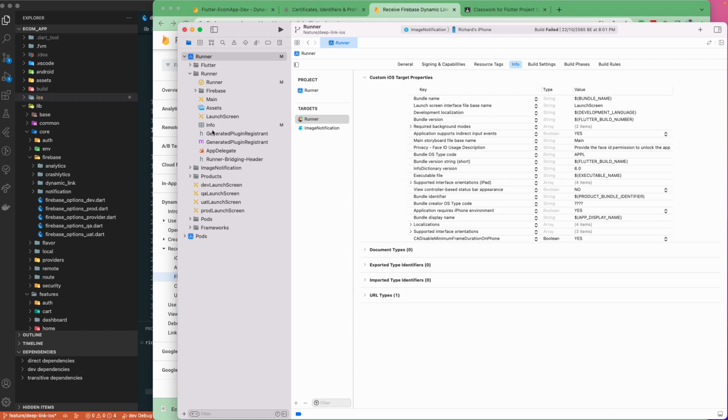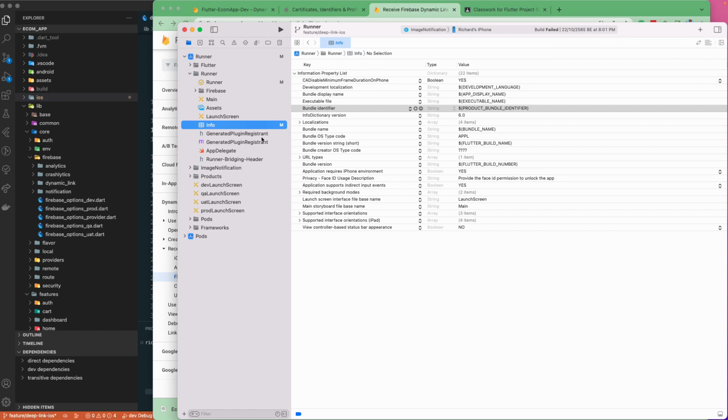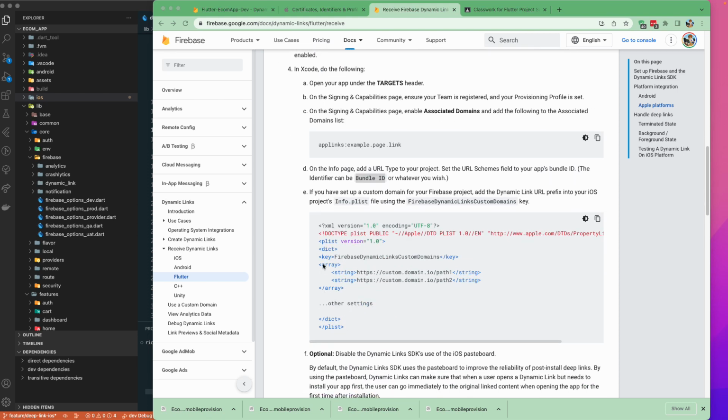And next let's open up our info.plist file, and I'll just close all of this from here. What you can do is copy this particular one. This is actually not required, but later if you add a custom domain for your production build, then you may need to configure this one. So let's just copy this one currently, and later you may change it. You need to go to the info.plist file and add this particular configuration. If you set a custom domain for your Firebase project, add the DynamicLink URL prefix into your iOS project